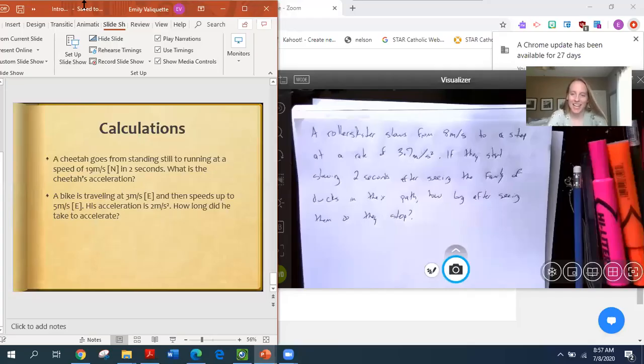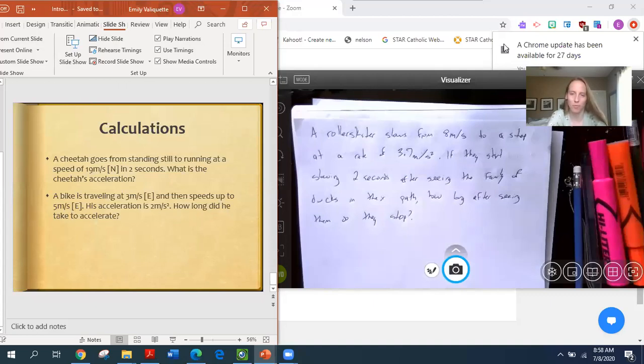Okay, this is the last question that we're going to do today, and it is a bit of a tricky one. So a roller skater slows from 8 meters per second to a stop at a rate of 3.7 meters per second squared. If they start slowing 2 seconds after seeing the family of ducks in their path, how long after seeing them